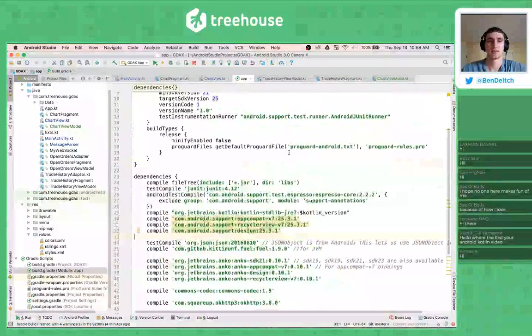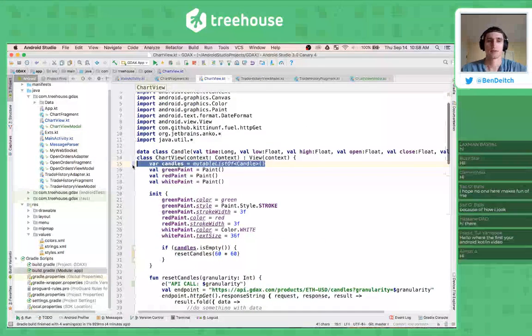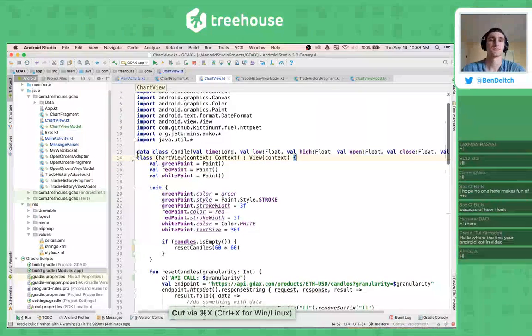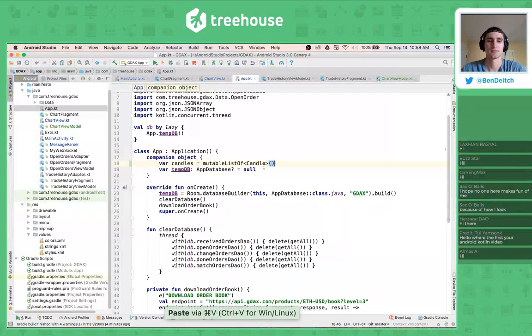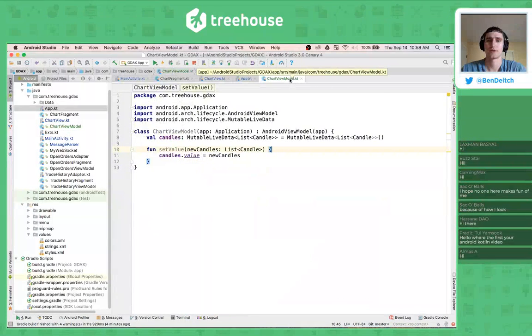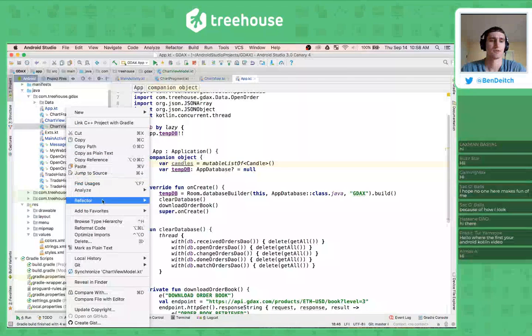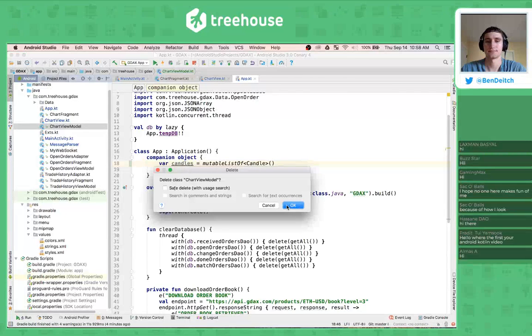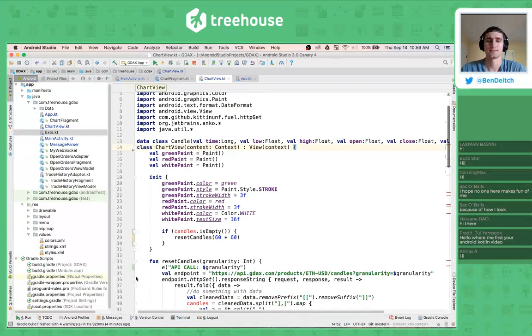So we're going to take this candles variable right here, and we're just going to paste it inside our app class. And now, back where we were. Nope, nope. Chart view model. Don't need you. You were confusing. Don't have time for that. All right, chart view candles is now